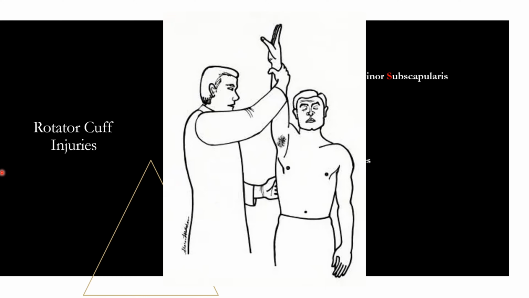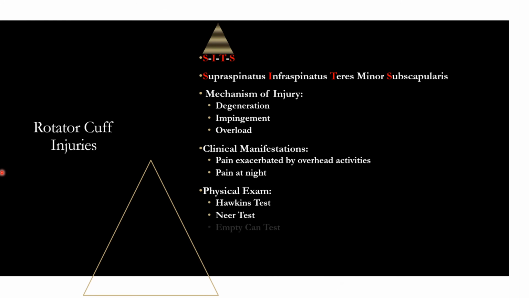So when you see the near test, remember near is the one by the ear. And then finally, the empty can test, which has the name in it. This is also known as the Job's test. It's a good test to evaluate supraspinatus function. Sometimes it's actually considered the gold standard test due to how well it isolates the supraspinatus in the way the